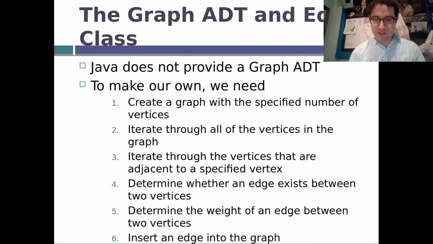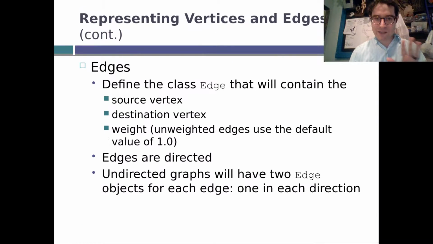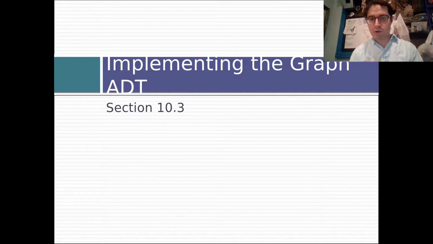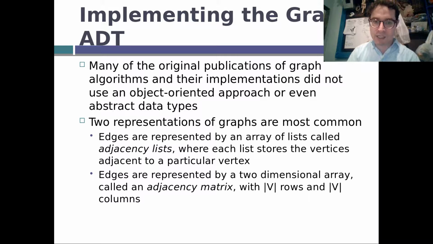So we're going to skip these slides because they talk about how the book builds their own graph data type. But we're going to use our own in just a couple videos to see how this works. So instead, what we're going to do is just talk about the generalized ways we implement them. Okay, because there are two common ways to implement a graph, which is the adjacency list, where we have a